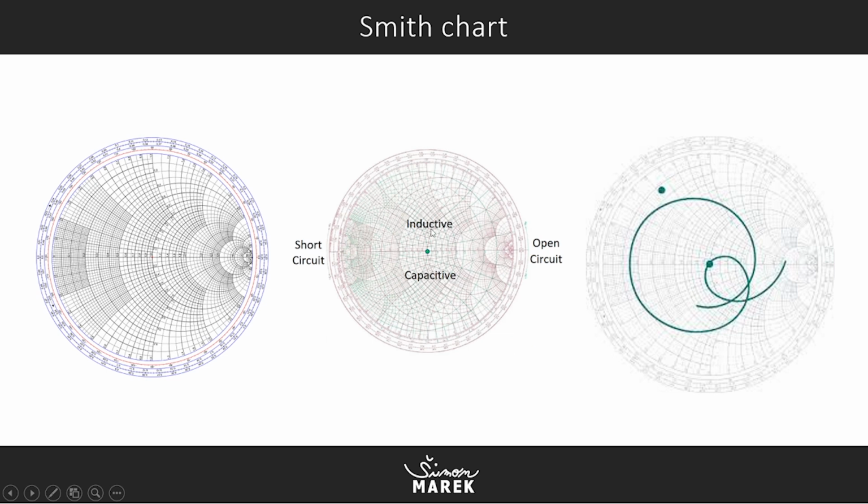When we go upwards with our line, or with our measuring tool, we will get an inductive profile, and when we move lower, we will get the capacitive side, and